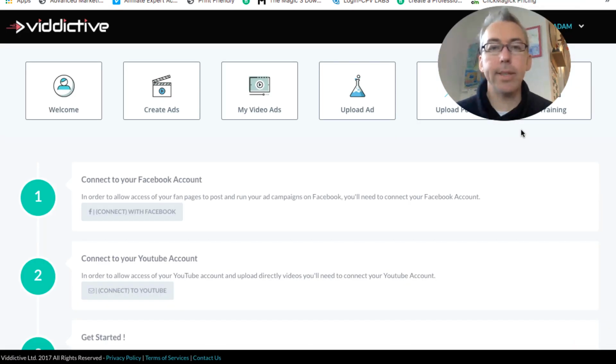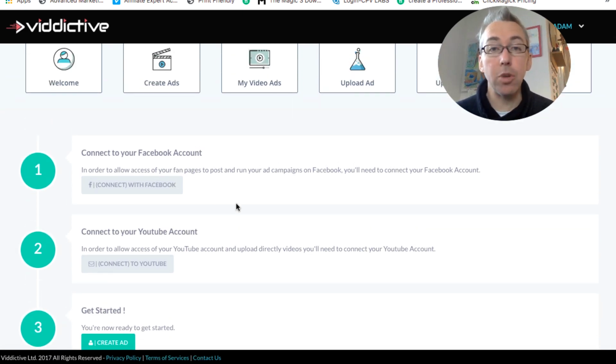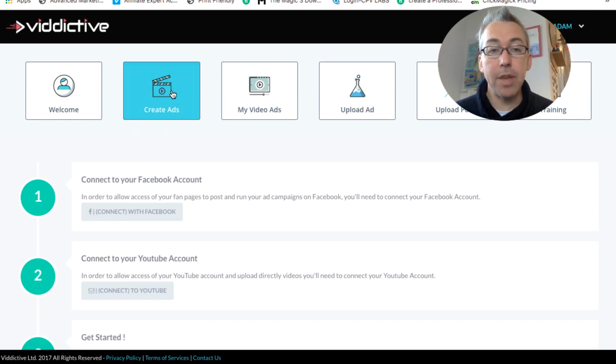Okay, so here we are inside of another one of the apps. This one's called VidIQ, and as usual, go through the training once you get access to this. And it's fairly self-explanatory again. I'm not going to do all of the steps because this is a review account, so therefore I do not want to connect my Facebook or my YouTube, but that is something that you would do if you had these accounts ready. So you connect your Facebook account, you connect your YouTube account,